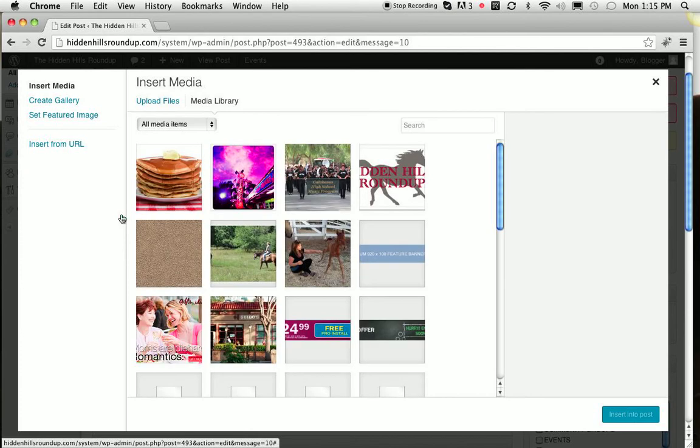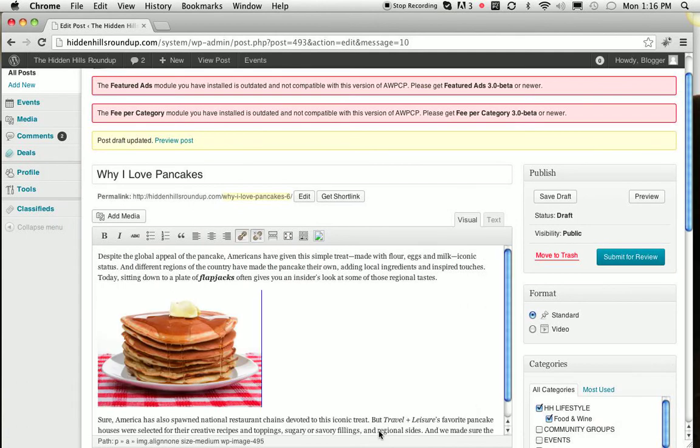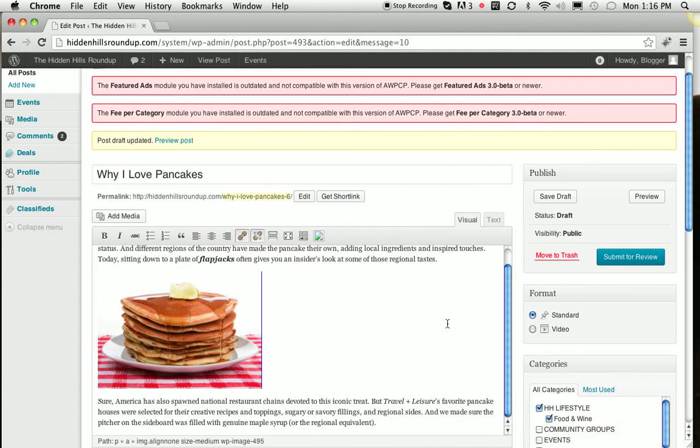Now I've already uploaded the pancake image, so I'm not going to do that again, but if you hadn't, you could of course click upload files and go and upload it. But here we're already on the media library tab. I'm going to click on my pancake image, and I'm going to click down here in the lower right, insert into post, and you will see it pop right into the post. Now I will save this draft,